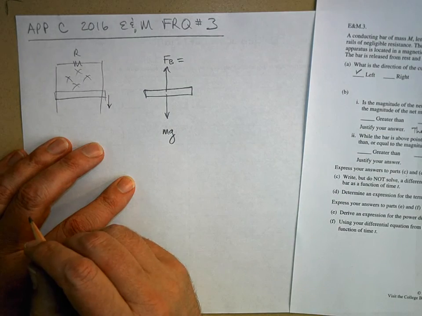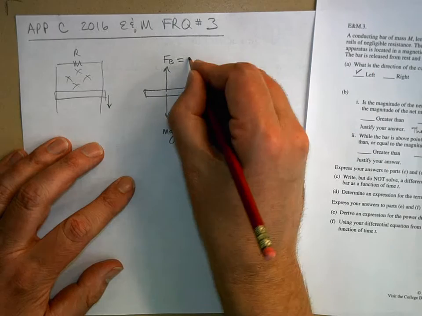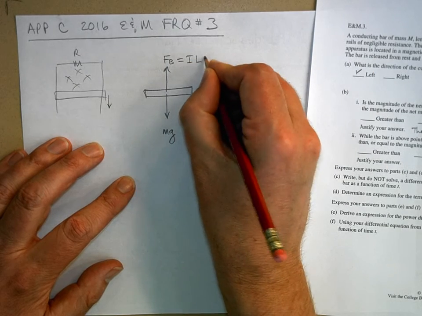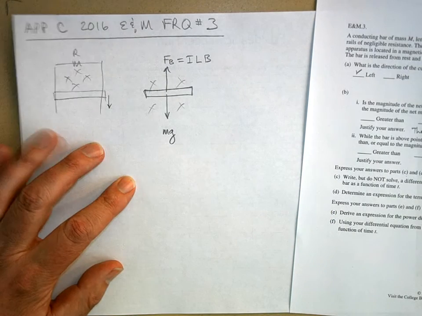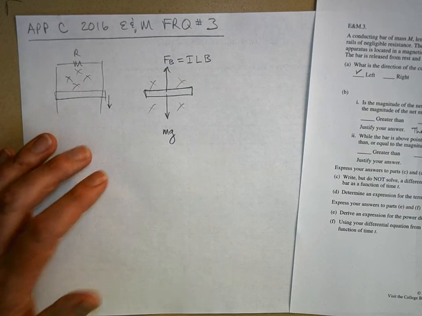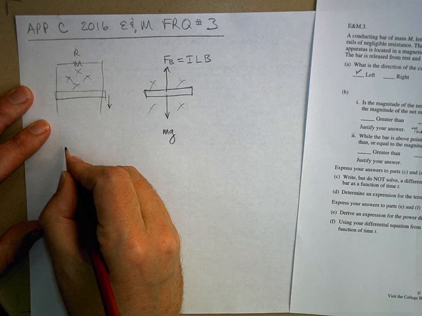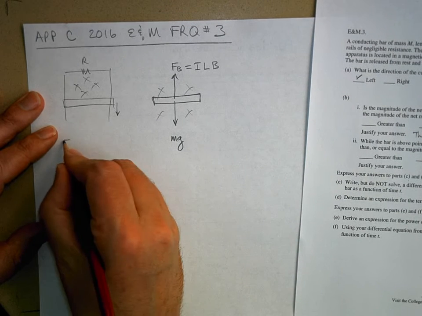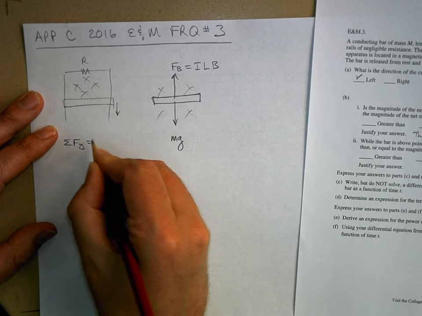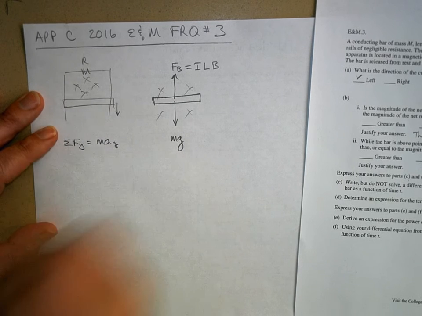This is going to be I L times B, and here's the field that it's falling through. So if I sum the forces in the y direction equals ma in the y direction,